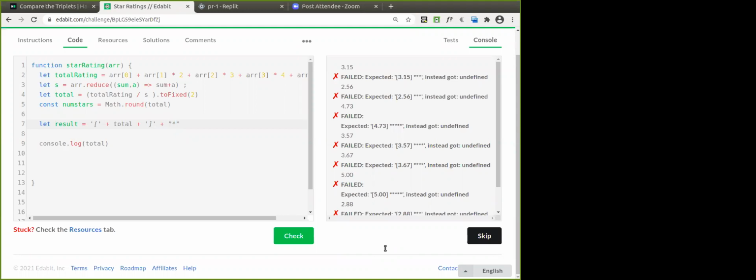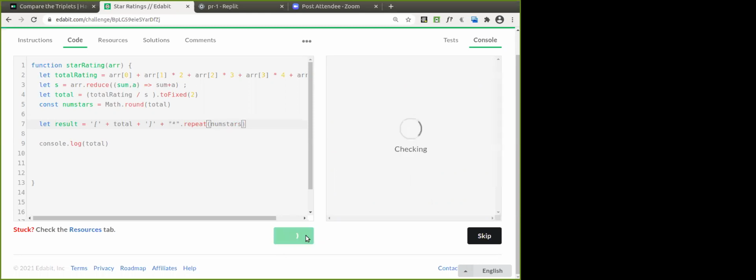Okay. Is that okay? Shall we do that one? Dot. There is a function called repeat in the string that will repeat that many number of times. Good. The answer has come. So how many times it has to repeat is num stars. Good. Let's check here. Console.log, then let's return the value.